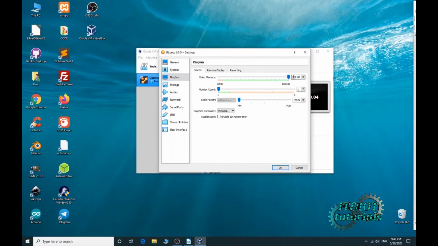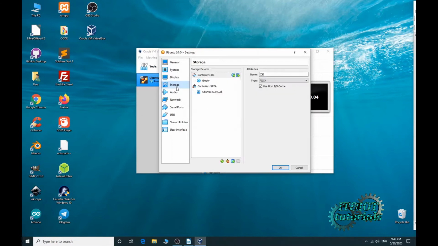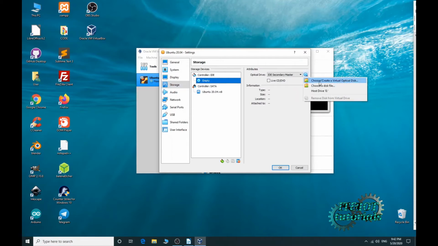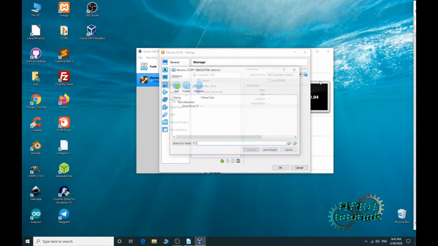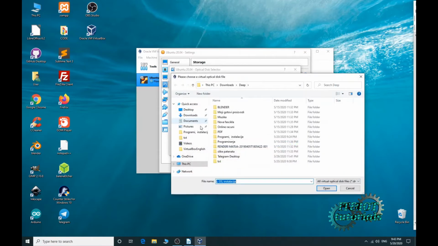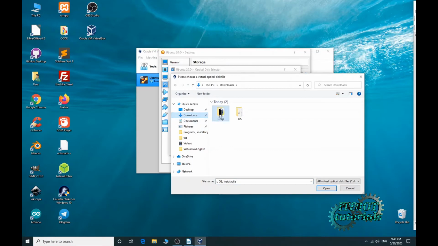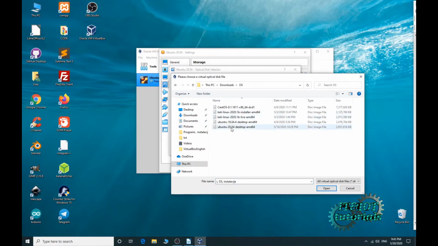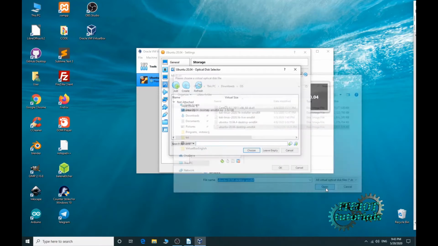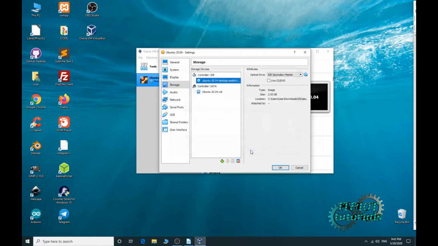Display: 128 megabytes, 1 monitor, 100%. Enable 3D acceleration. Now storage is empty. Then choose or create a virtual optical disk. Add. So, Ubuntu. Choose